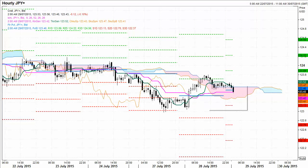We saw the introduction of some black body candles and some indecisive type candles, and then something of a sell-off, with the market finding support within the top of the Ichimoku cloud, and the top of the cloud has acted as support for the remainder of the session. For the new session, we saw the market open above the cloud, finding support there, and in this current candle we are seeing some strong selling coming in, breaching down into the cloud, trading down through the middle pivot